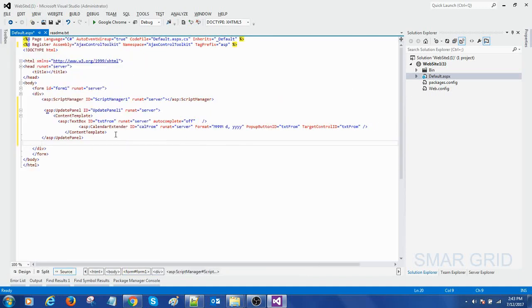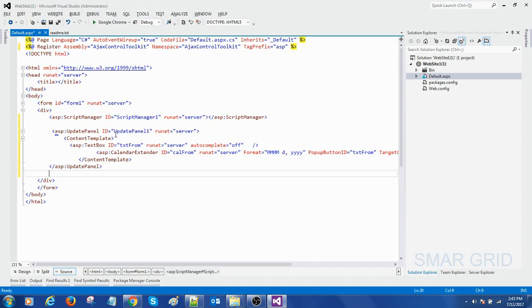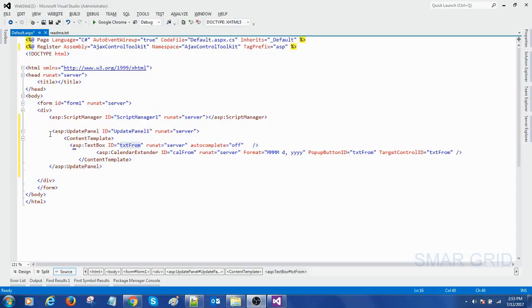Let me send it back and let me zoom this. Okay, here we have registered the AJAX control, and here we have started a script manager. This is mandatory for all AJAX controls pages. And here we have update panel and content template. I'm not going to detail this. These are required so that we do not